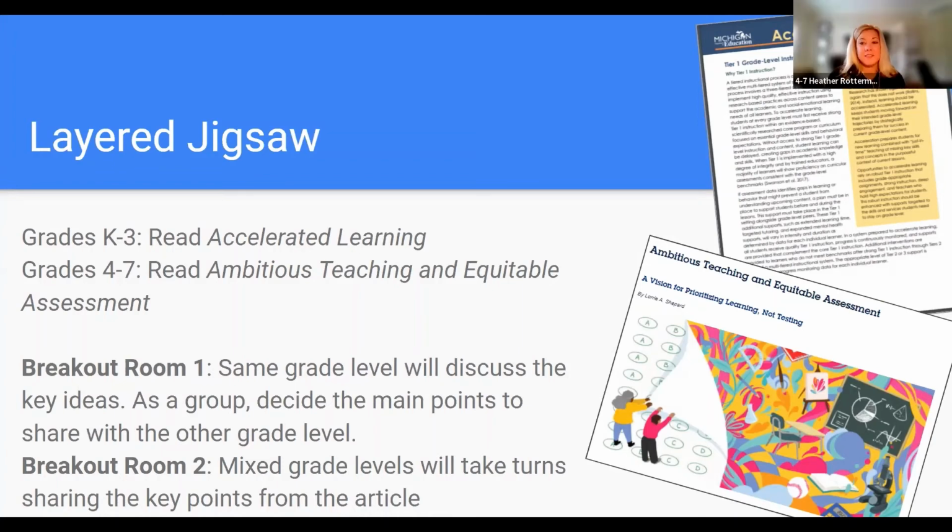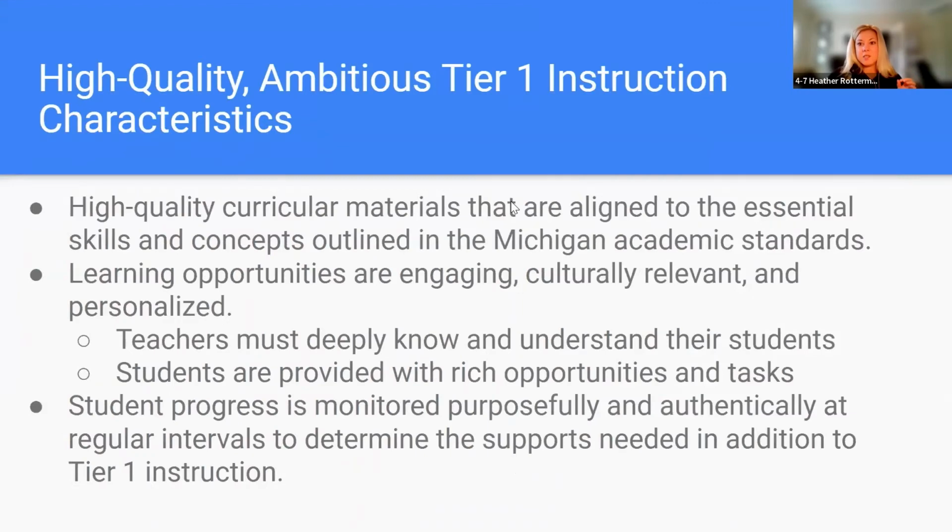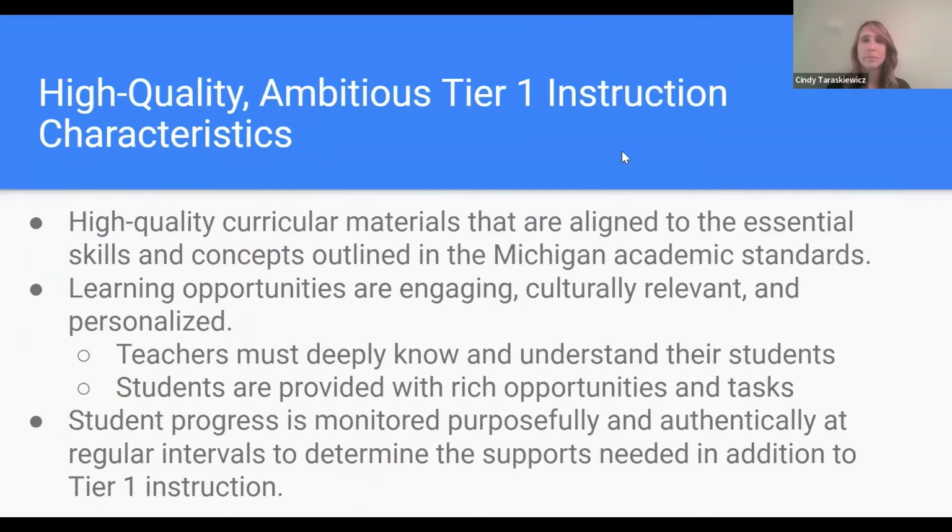Yeah, beautifully stated, seriously. When I work with teachers and principals, and when Cindy does her work, these are some of the messages that we like to push on a bit. Go ahead, you can go to the next slide, Cindy. When we are sticking to a tier 1 curriculum, it means that we're really using our high quality materials. They're aligned to our content standards. We're delivering rigorous instruction. We're providing those learning opportunities that are relevant for students, and they're personalized for